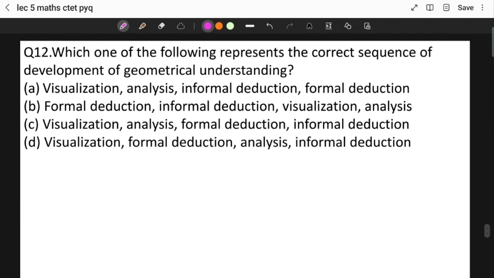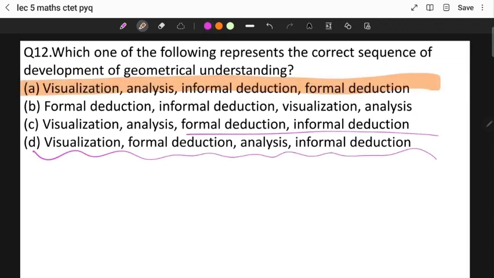Which of the following represents the correct sequence of development of geometrical understanding? Now this is based upon a theory. Let us see the options: visualization, analysis, informal deduction and formal deduction; formal deduction, informal deduction, visualization, analysis; visualization, analysis, formal deduction, informal deduction; visualization, formal deduction, analysis and informal deduction. The correct answer for the given question is option A, because I have already discussed this particular theory